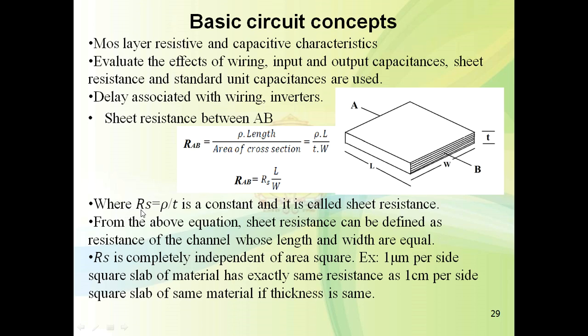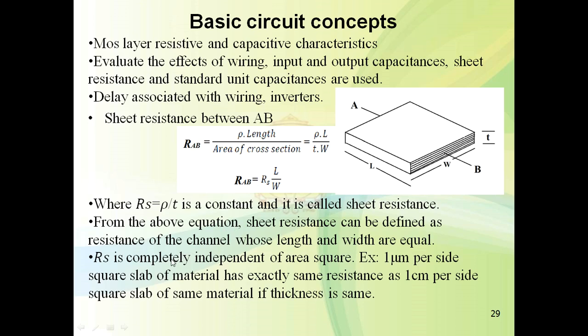Now this R_S is called the sheet resistance, and it is equal to rho by T. It is a constant, and it is called the sheet resistance. From the above equation, sheet resistance can be defined as the resistance of a channel whose length and width are equal. So in this equation, if length and width are equal, then sheet resistance R_S is equal to